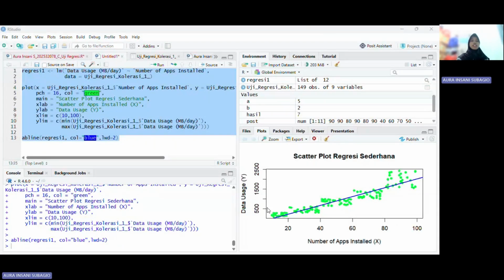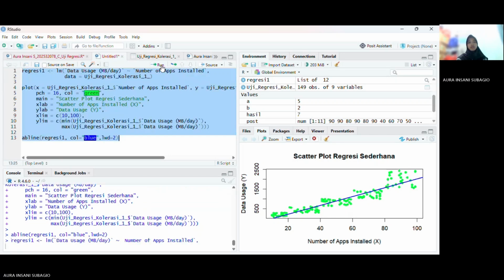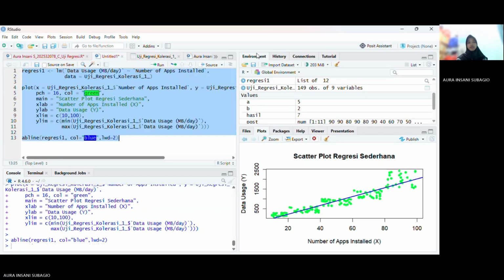So this is the result of the RStudio of the regression. This is the code, as you can see in here. So I'll just block and run the code here. And you can see the scatter plot in here. This is the scatter plot I got.